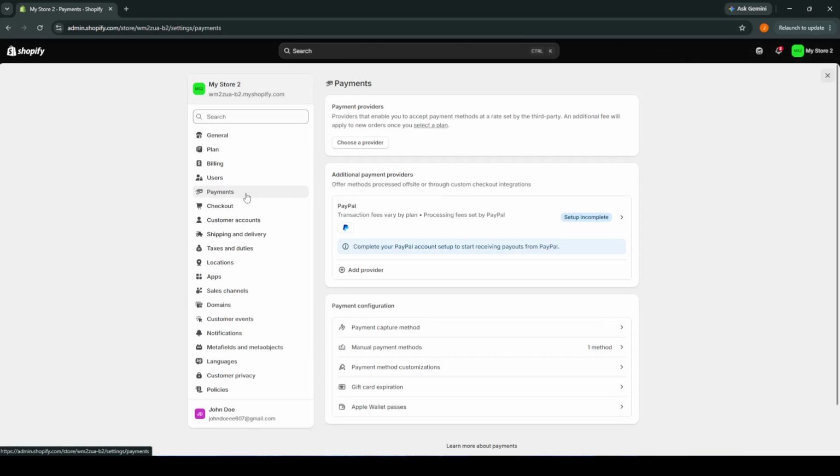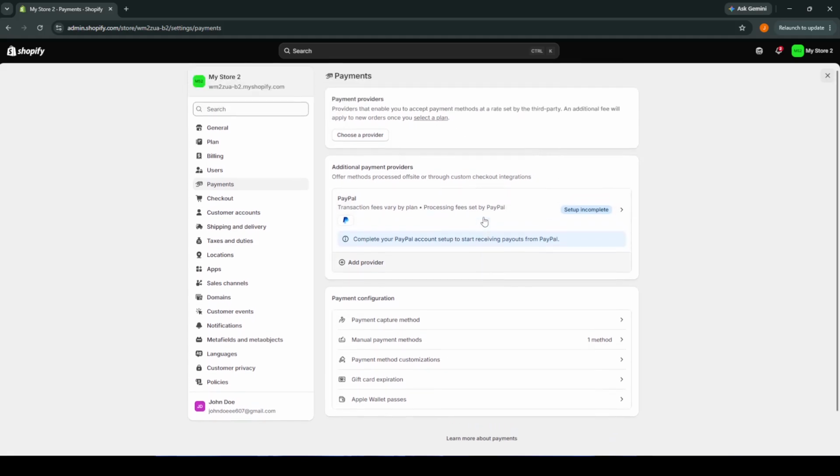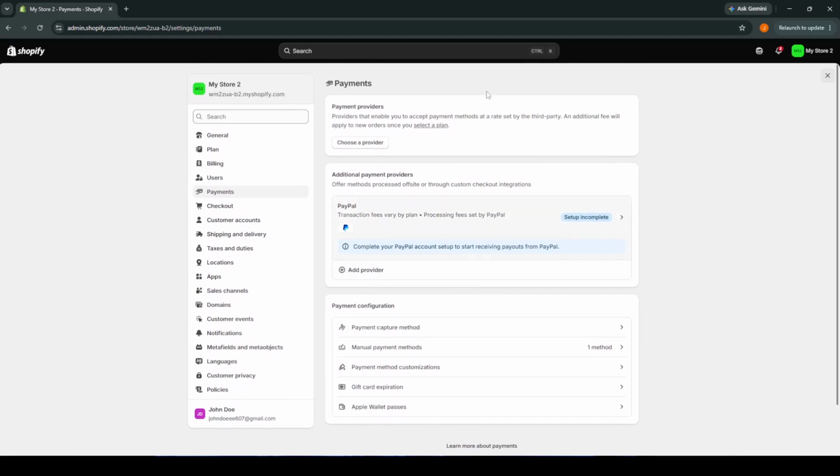Next, go to the Payment settings. Inside Settings, look for an option that says Payments. Once you click on Payments, Shopify will take you to a page that lists your existing payment methods and options. This is where you manage what methods are available at checkout. Take your time here because it is important that you are in the correct payment screen before trying to add